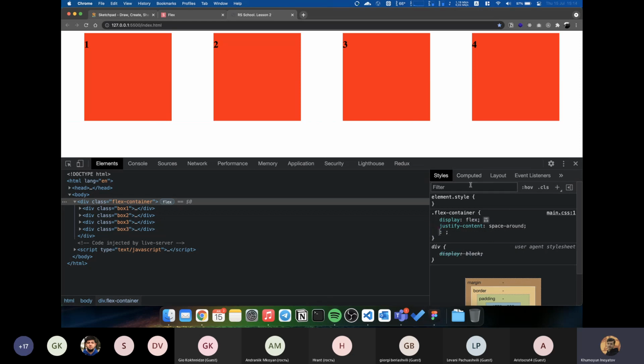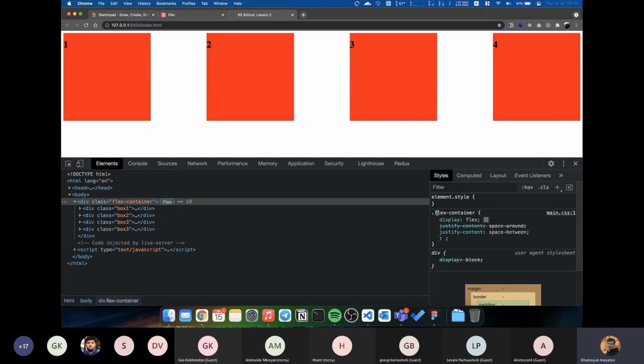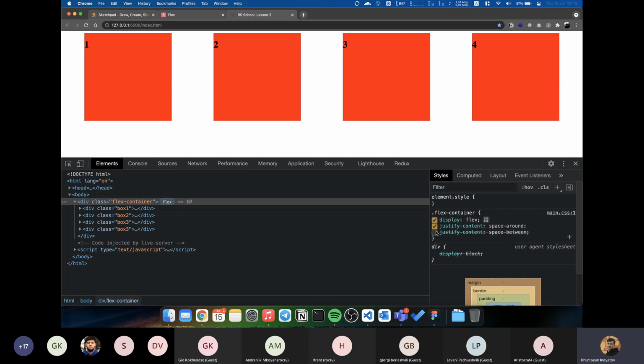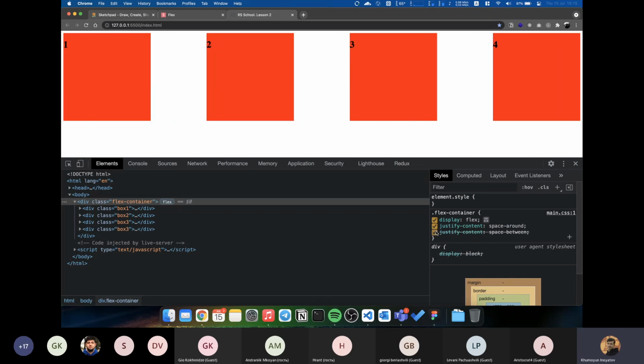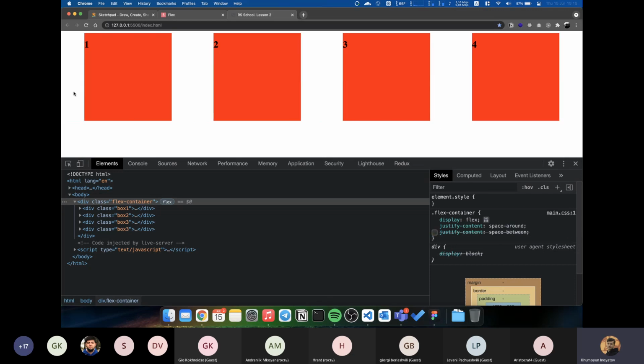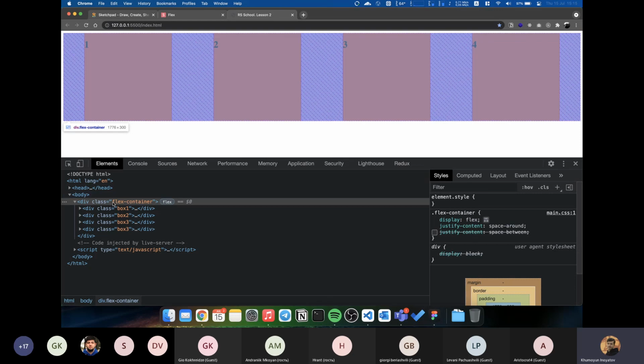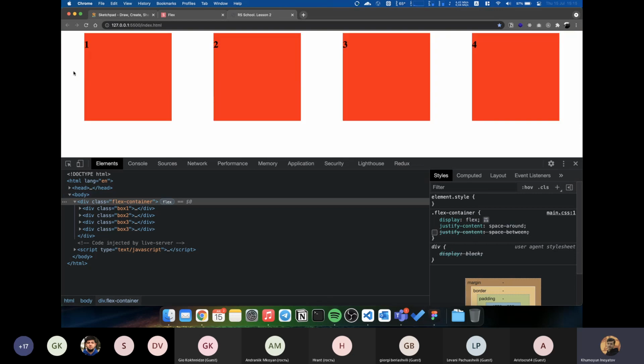What does it mean? As you can see, justify content space between. So now it's a space around. As you can see, the difference between the space around and the space between is that the elements are not distributed by the whole flex container. There is some space at the beginning, and there is a space at the end of our